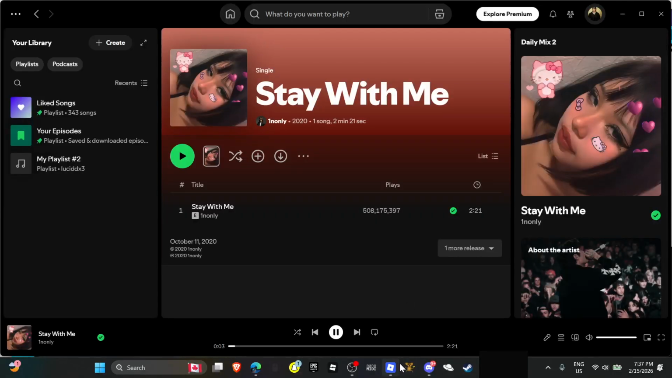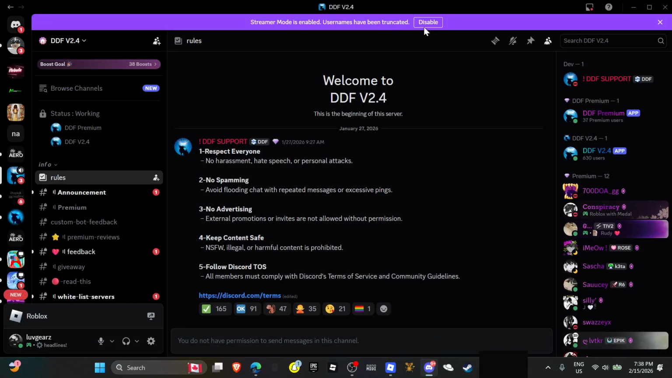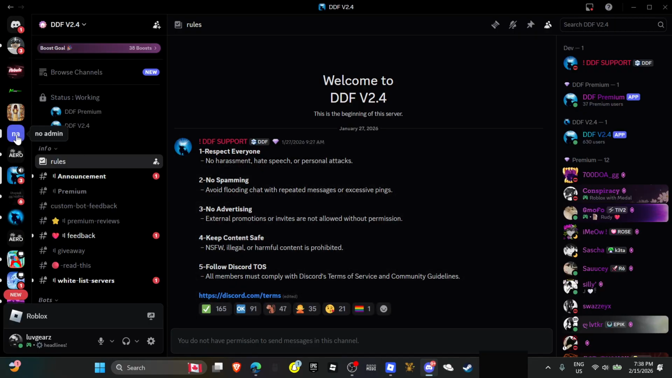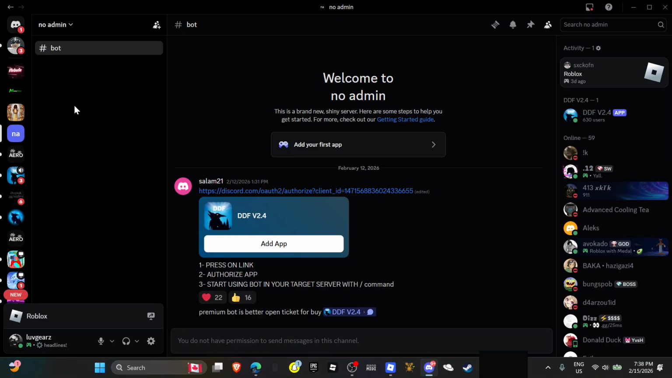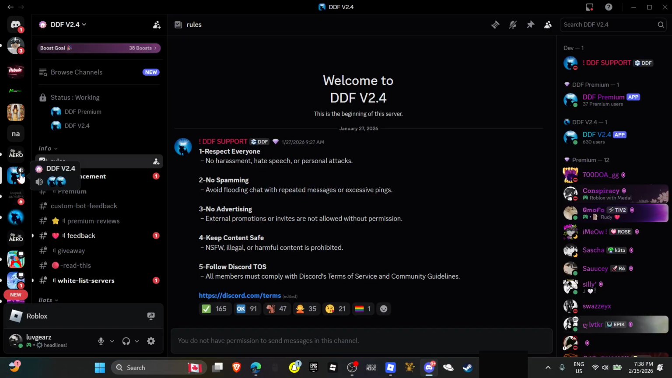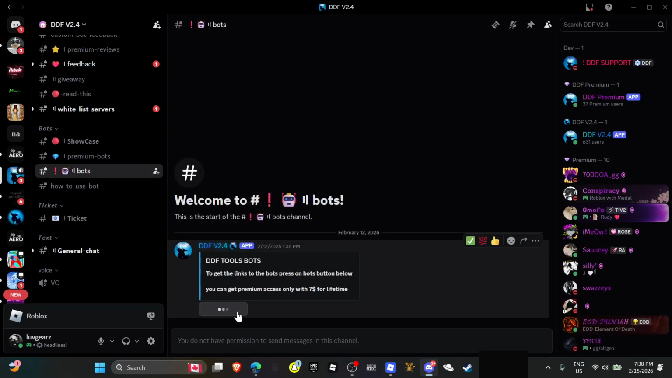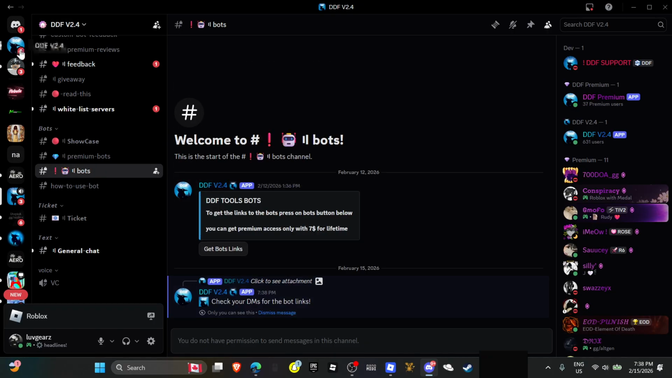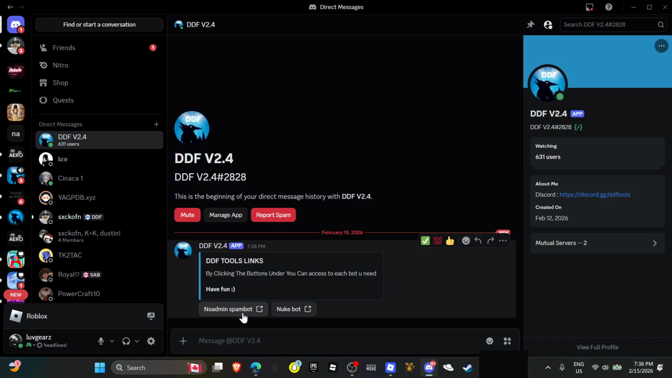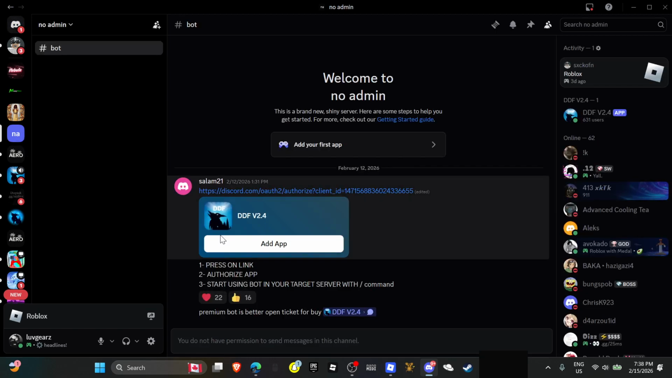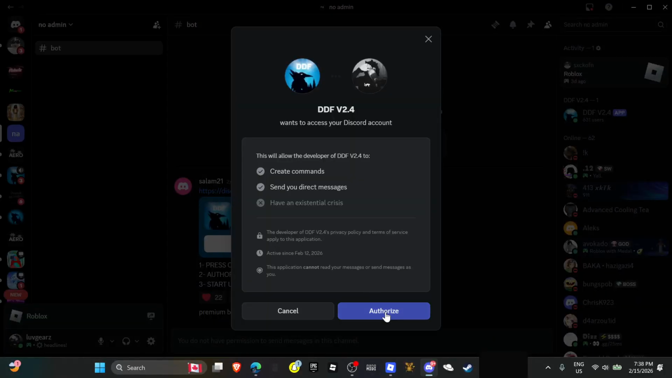Hello guys, I'm gonna be showing you how to raid any Discord server without having admin, like not a nuke, it's just a raid. So for example, I'm gonna link this Discord server in the description and then you're gonna join it. You're gonna go down to bots, get bots links, go and click no admin spam bot. Then once you join that, it will bring you to this server called no admin. You're gonna add app, authorize it,